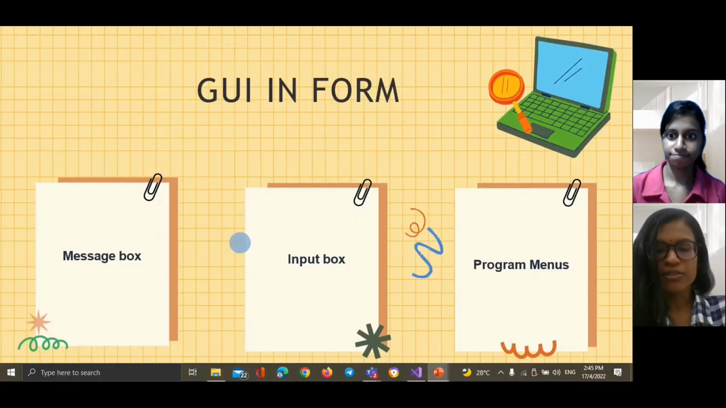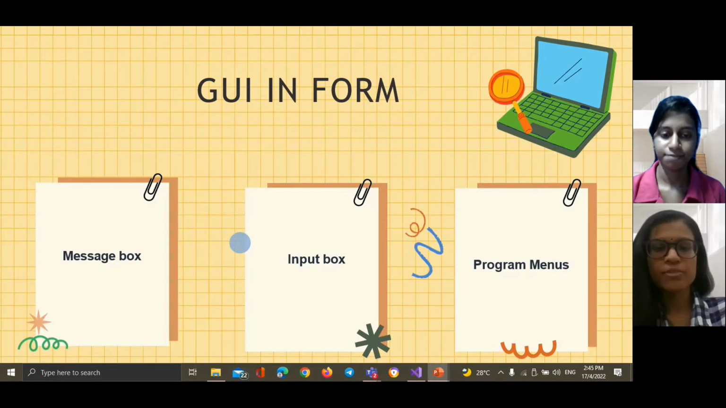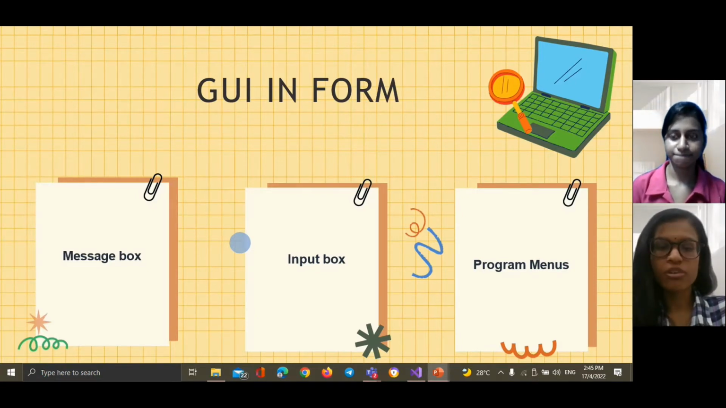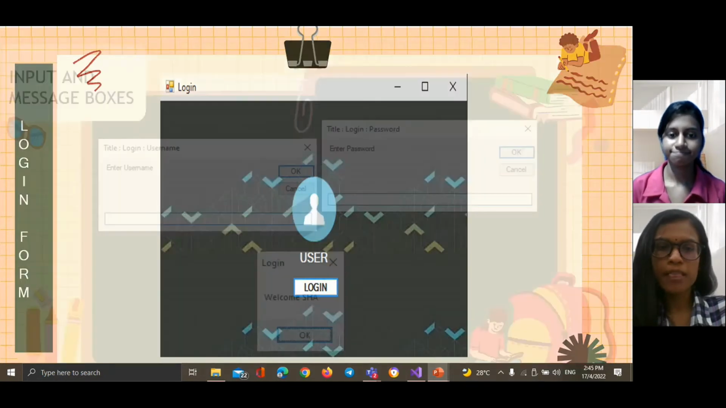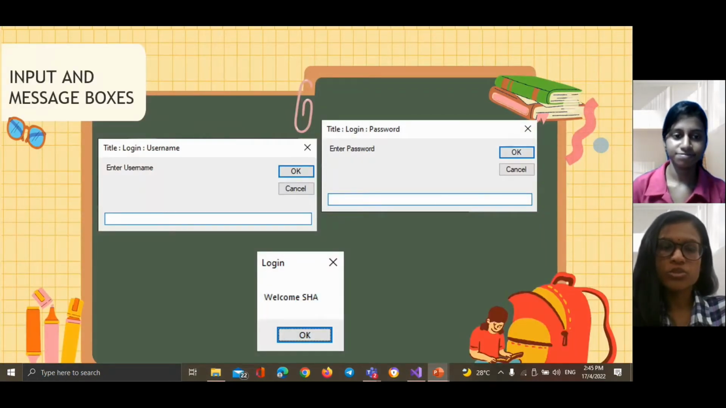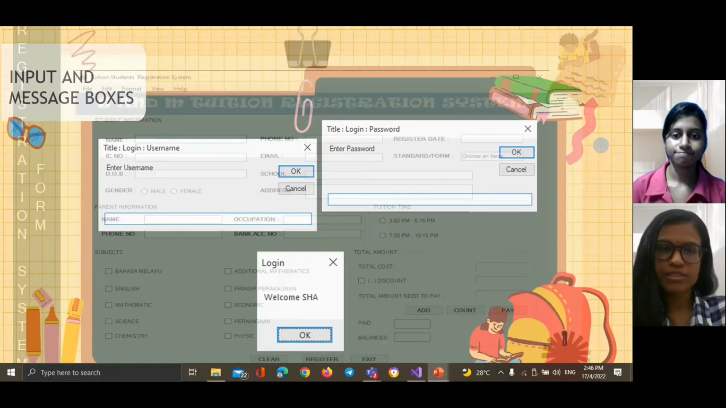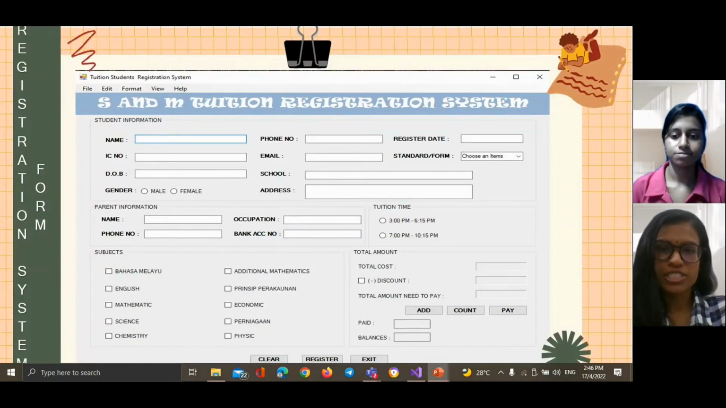Next, what we use mainly in this form is message box, input box, and program menus. The first form, login: we need to click the login button to enter the system. After that, it will pop up an input box for username and password, and also a message box. Next, this one is the main form for the registration system. Here there is more information, for example combo box, text box, radio buttons, check buttons, all. So here they can put information